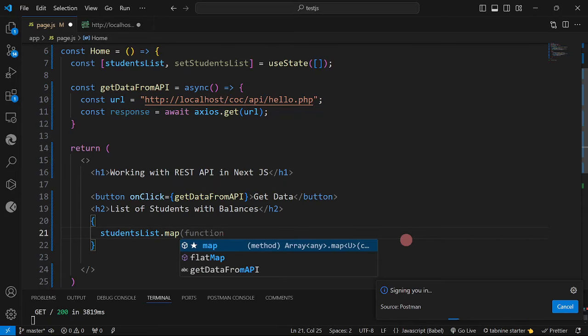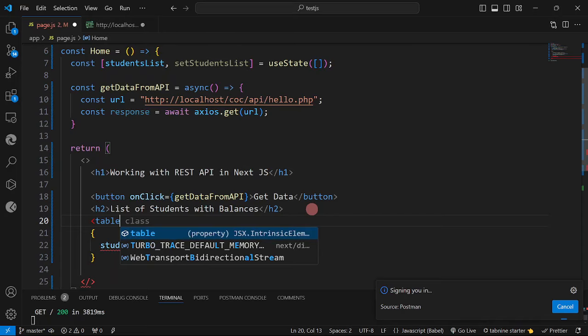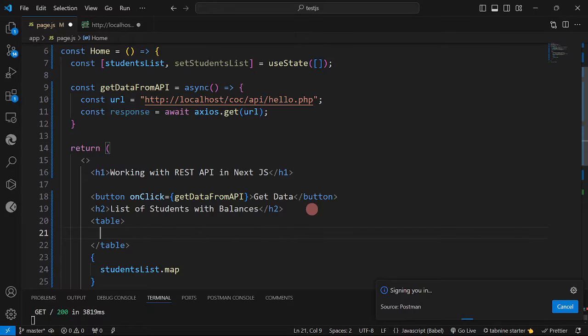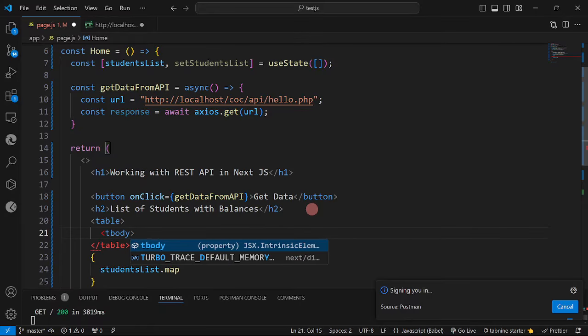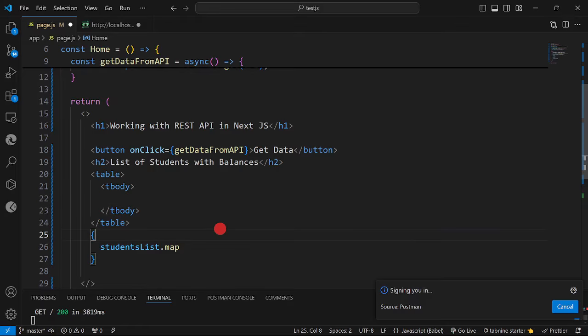And as I've said, we're going to put it in a table. I'm going to have a table, then inside my table, I'm going to have my t-body. Then inside my t-body, that's the time that I'm going to have